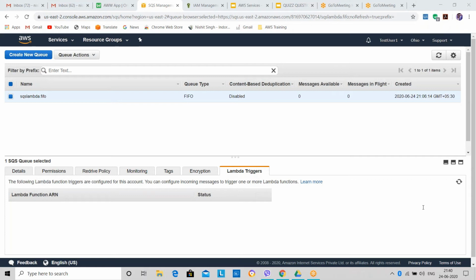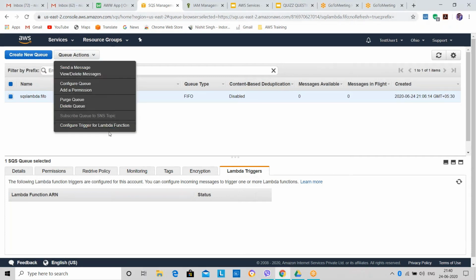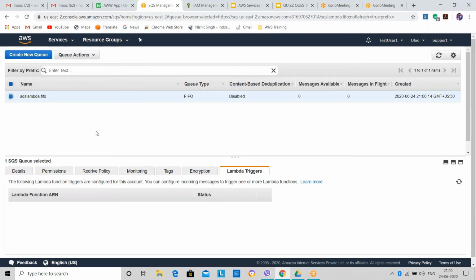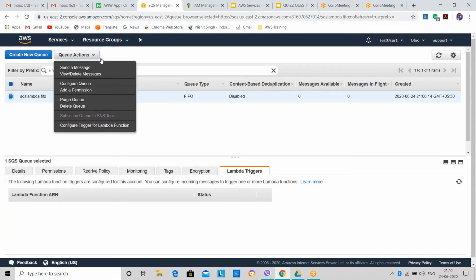No, we do not link SQS to the instance. We link SQS to the Lambda function, and then we can use the Lambda function with other services.